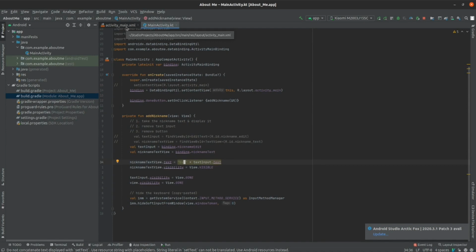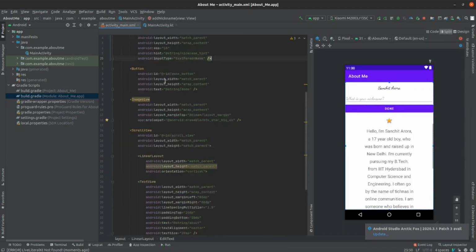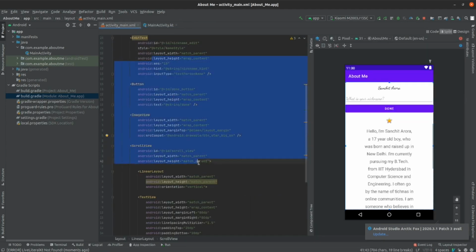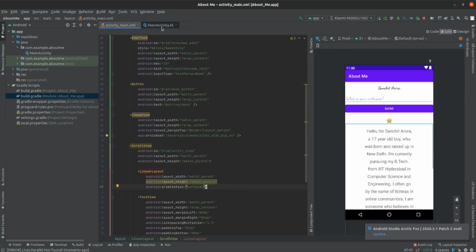Now comes the second part of binding, which is data binding. So what we did now is known as basically view binding. So you can take all the views just by this binding object here. Okay, so now we are going to do that data binding stuff, which I told you that there should be a central location where the Kotlin file does the changes and the XML file takes the changes from there only. So for that